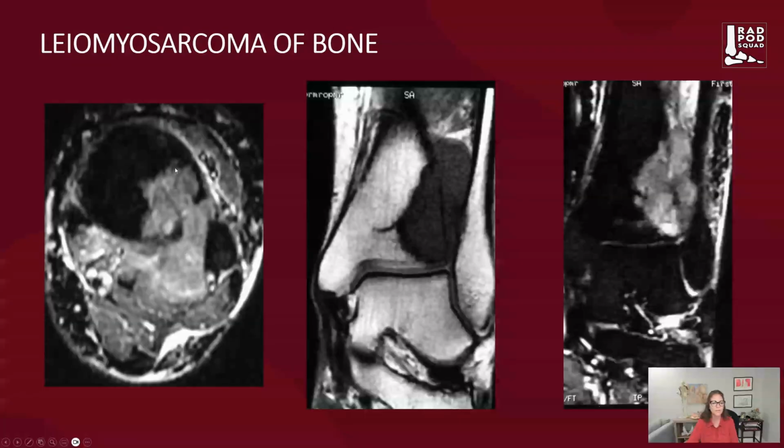When we go on to do MRI, we can see that there's an extremely aggressive lesion on this axial T2 fat-suppressed image that's actually infiltrating through the region of the interosseous membrane, which you can appreciate here on this coronal T1 weighted image through the distal ankle, where you're noticing that the lesion not only is involving the bone, but just breaking right out into the region of the interosseous membrane. And here we can see that lesion again with greater clarity on that coronal T2 weighted image,